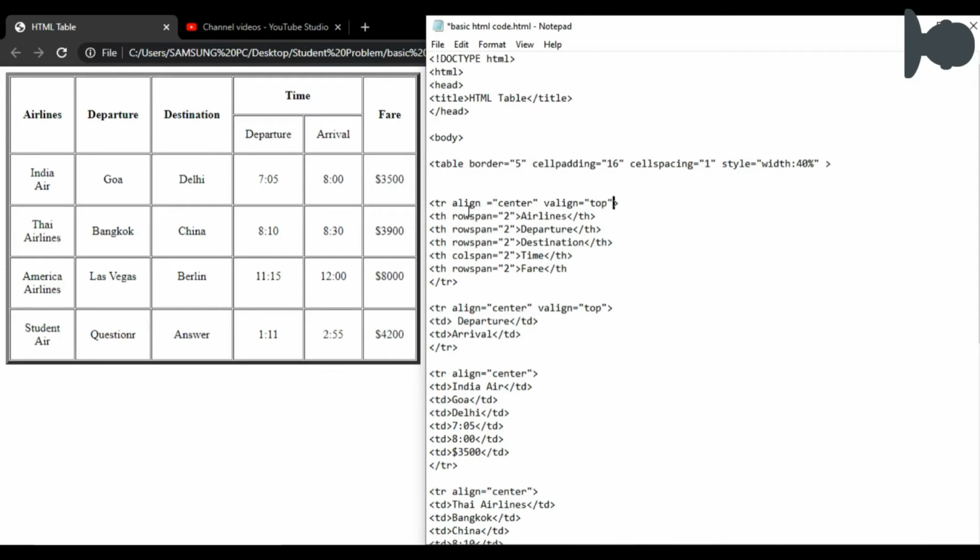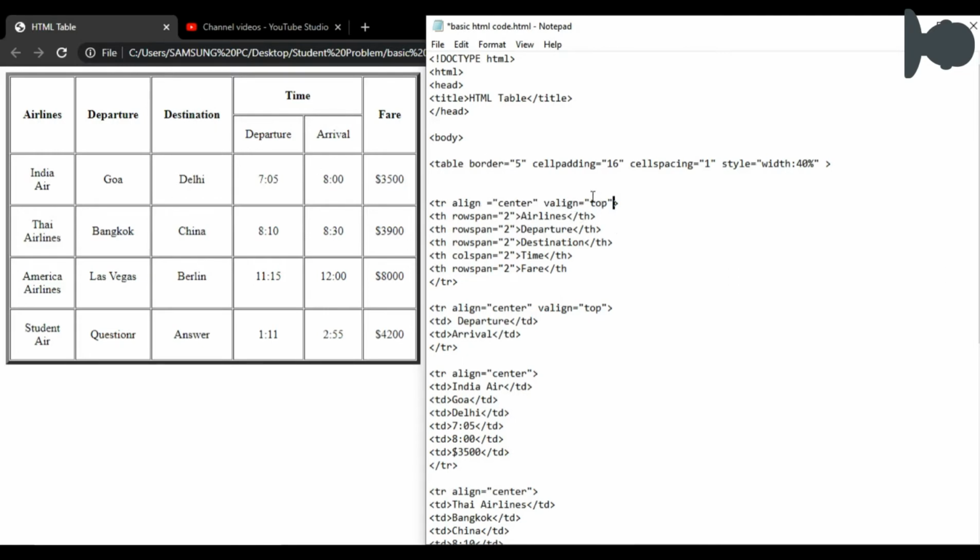The term align is equal to center means the placement of the data along the horizontal line. This means row. India here, Goa, these are the results of the center align, and valign is vertical align. That means I can put this in top or bottom.